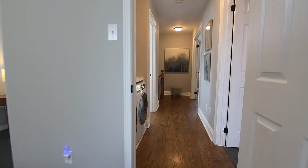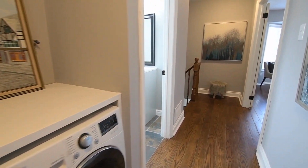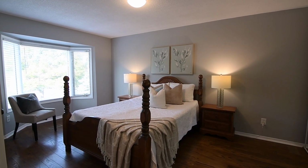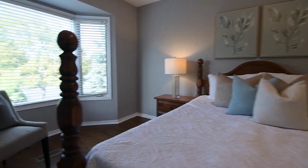And the laundry area has an LG front-load washer and dryer with a folding counter above them. The hallway's plank hardwood flooring is also showcased in the lovely master suite, which has a sitting area by its bay window,